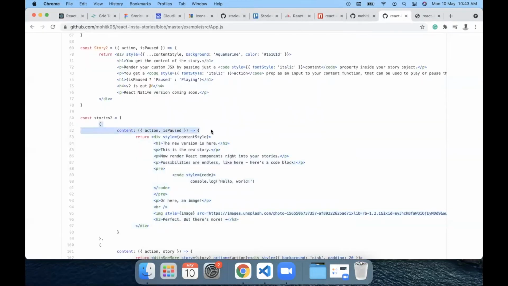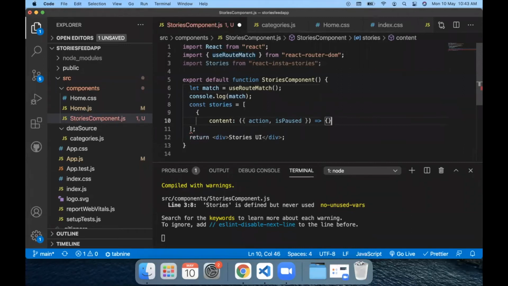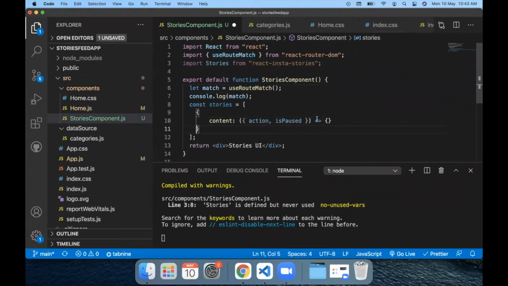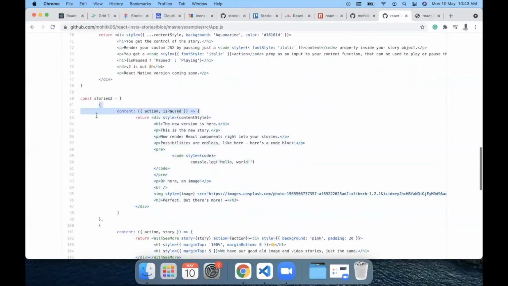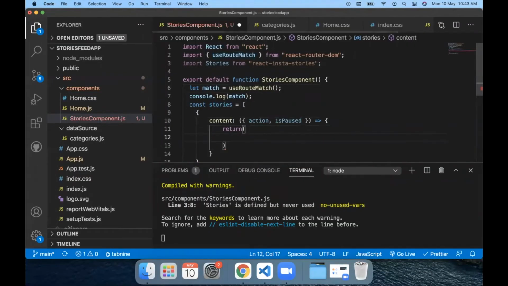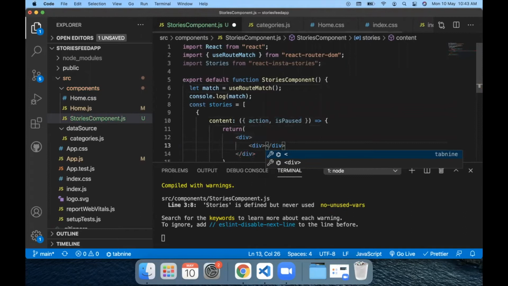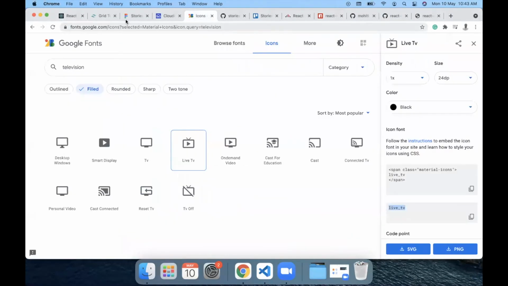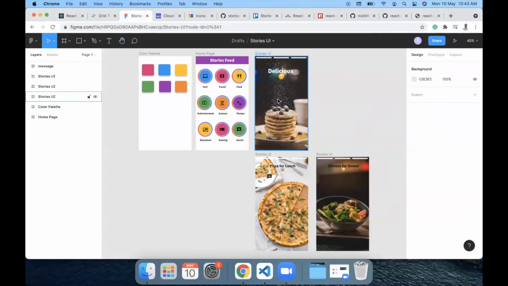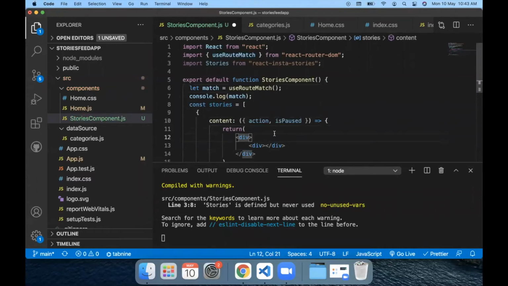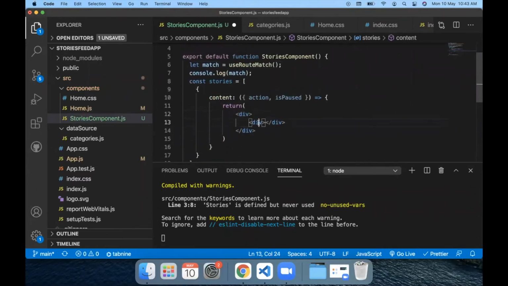And I'm going to use this content which I have here, and just close off the JSON. Now within this content tab, we need to return some code. So let's return our div. Within that, this div will have our entire image as a background and we can have a caption component within which we are going to have a caption. If you look at the UI here, we have an image which is the background image of this entire div, and we have a caption as well. So I'm going to use this div to have my background image and I'm going to use the caption here.